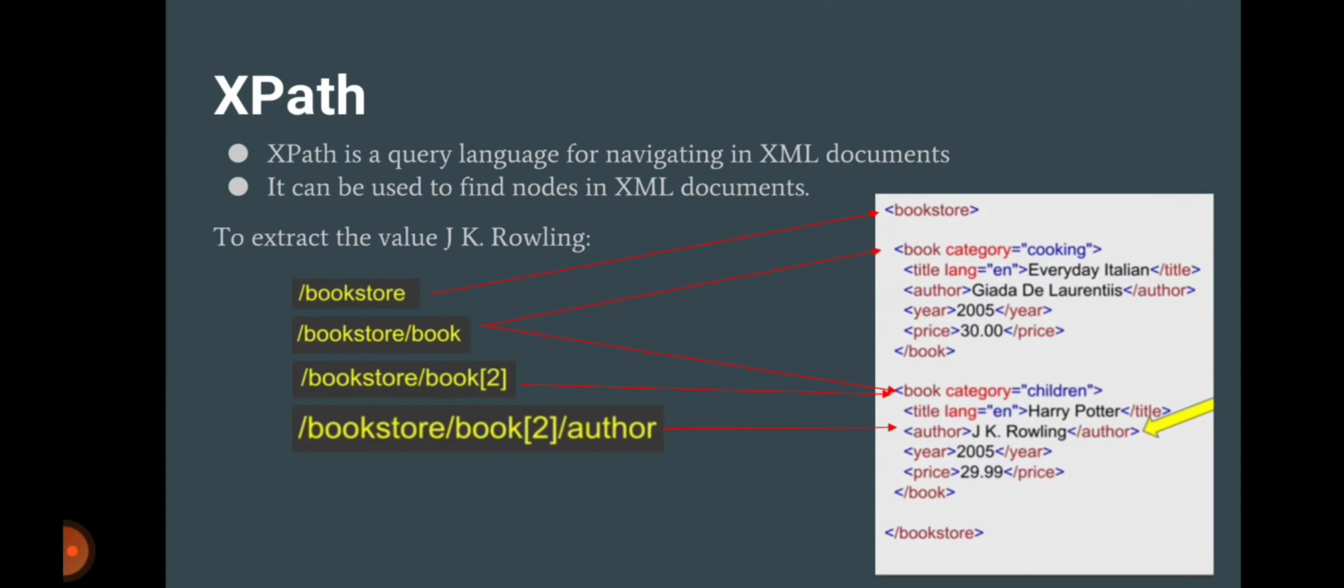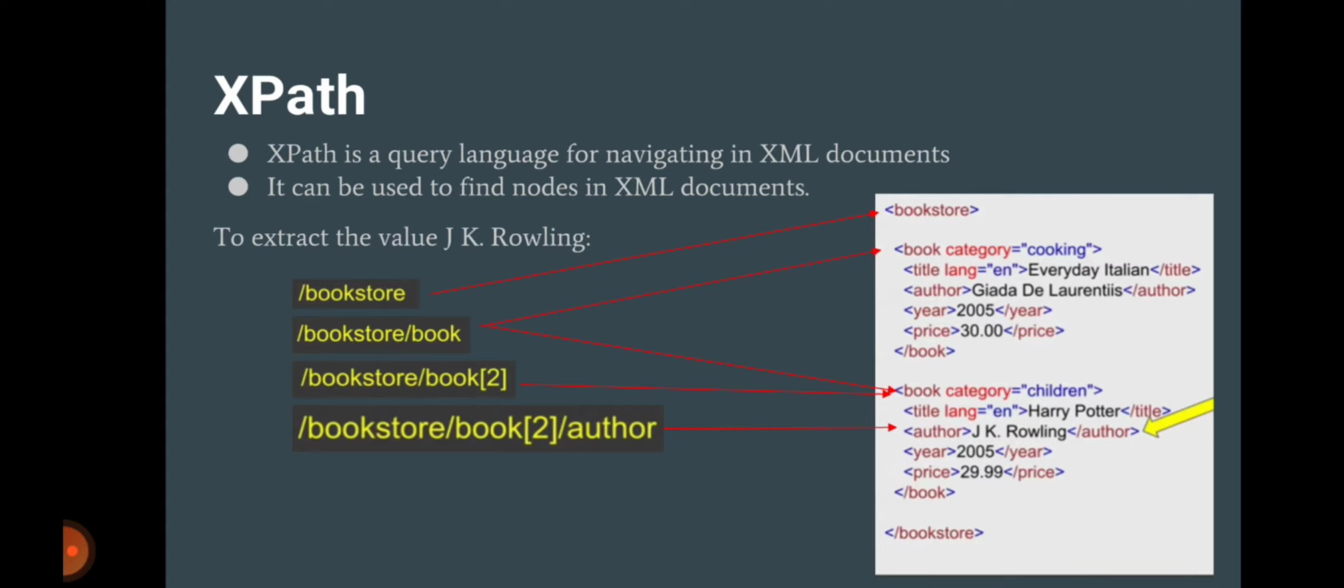Then comes XPath. Suppose we want to extract any value from a node. For doing this, we need some query language that we can use to pass through that XML document and give us the required value. That query language is XPath. Consider this XML document. Here, to extract the value J.K. Rowling from this XML document, we should write a query. Here,